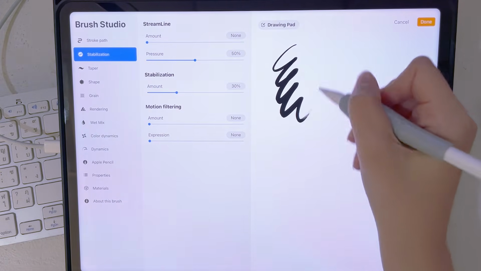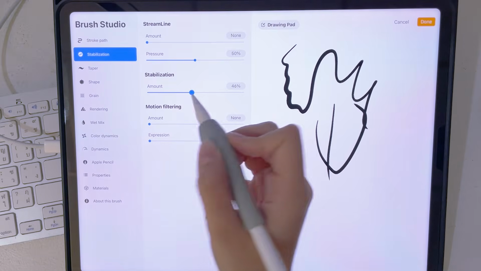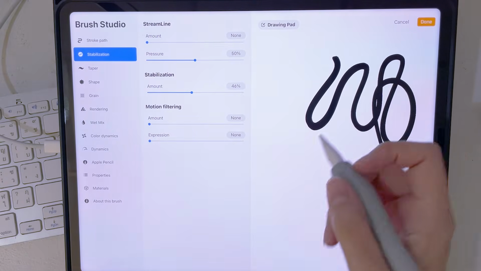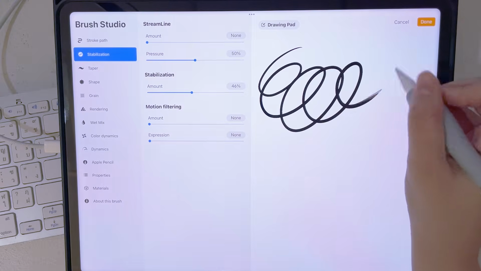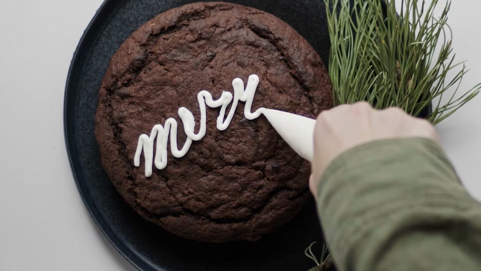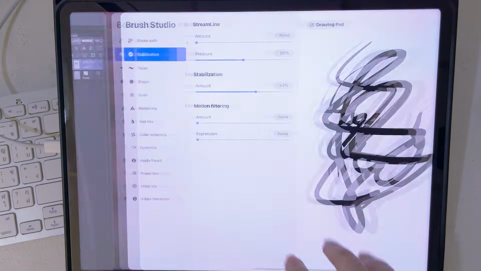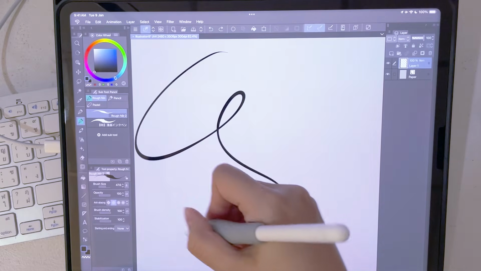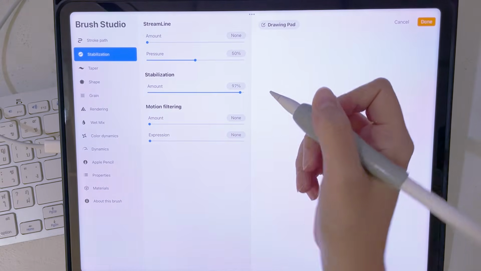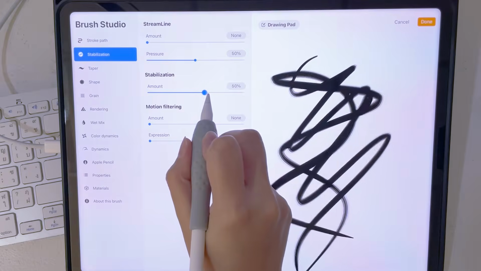Okay, if you see this, the stabilization like this, I think it's nice, it's okay. Setting it a bit more. You can see that the drag it has behind it, it sort of has like a post-correction to it. It doesn't feel like it's following the path of your pen, but actually following the tip. It feels a lot like when you're piping buttercream onto the top of a cake. That is the best comparison that I can give. This is why it's not great. Compared to this 100, it's just very slow. Compared to this at 100 at max, what is that? That's so weird. Oh, ew.